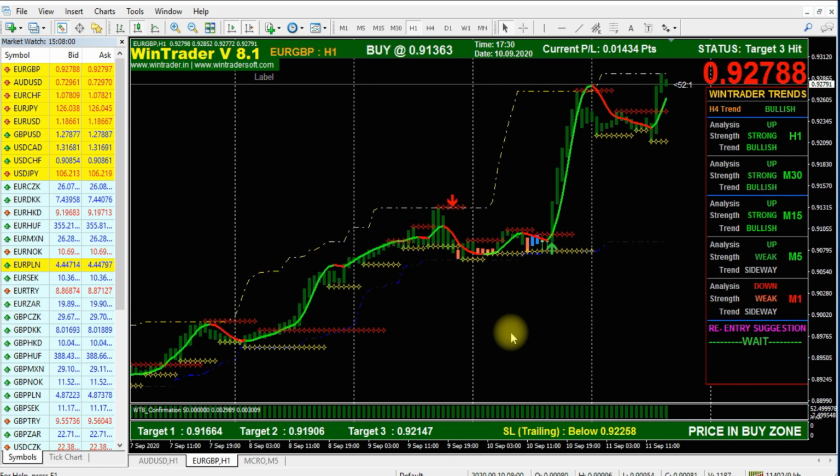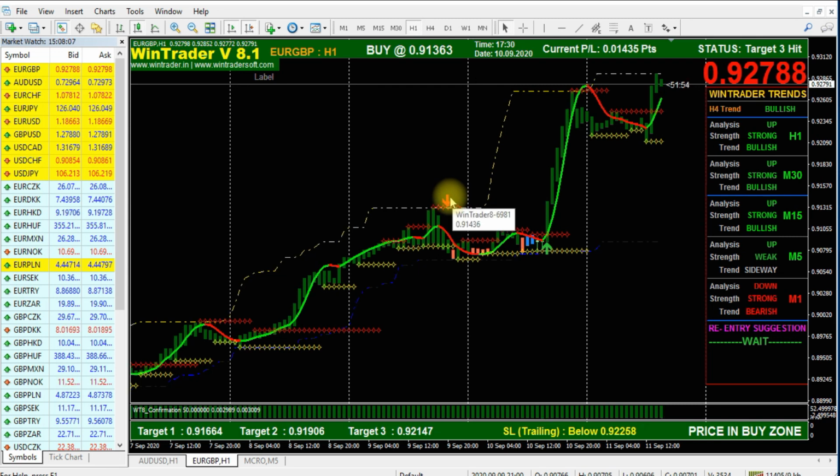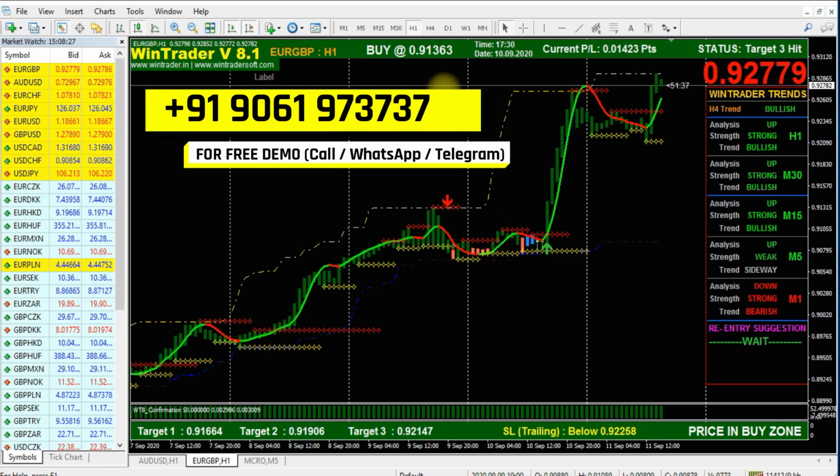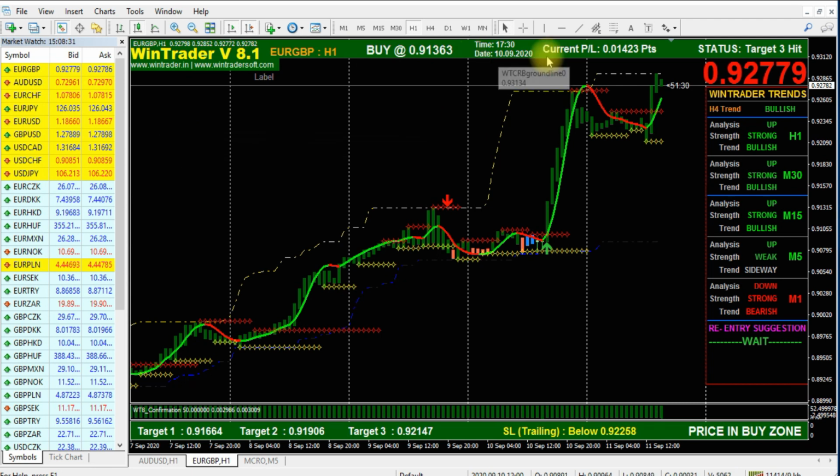In this version, you can see there is a green up arrow. The green up arrow is the buy signal and the red down arrow is the sell signal. So these are the automatic signals. Whenever the software generates a signal, at the same time it gives an alert message with a sound effect. The alert contains the exact entry point, that means where you have to buy and where you have to sell. If you miss the alert message, or by mistake you close it, the same details, the buy price and sell price, you can see here also. On the above dashboard it will also display.